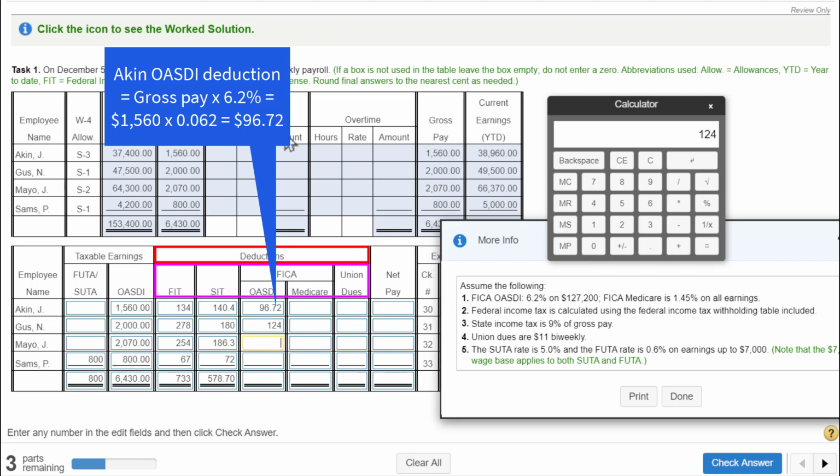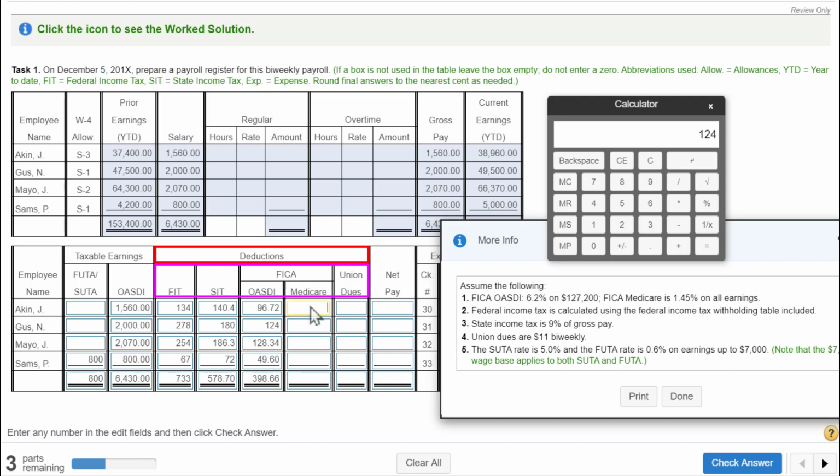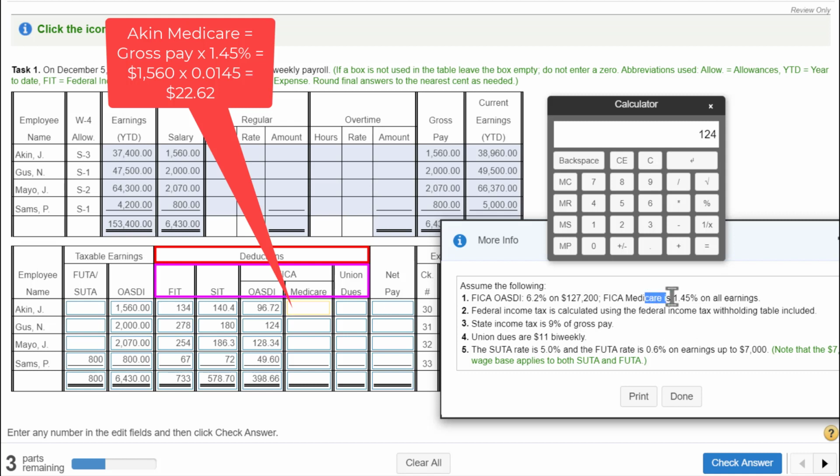Let's see, we've got 128.34, we got 49.60, for a total of 398.66. Medicare. Medicare, of course, is 1.45%. So I'll type in 1.45, and then to convert that to a decimal, divide by 100, equals, and then I can multiply that by the 1560 gross pay of Aiken, times 1560 equals 22.62,